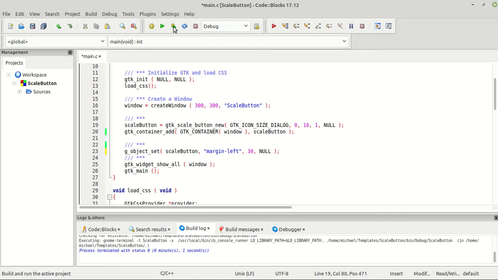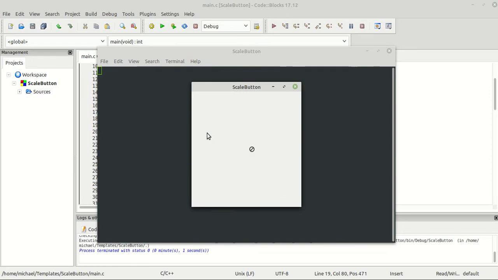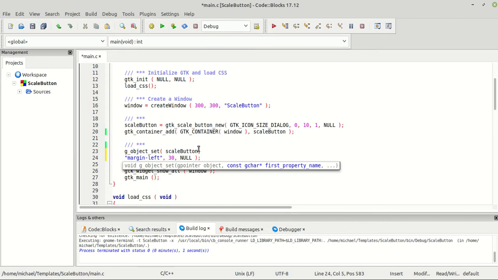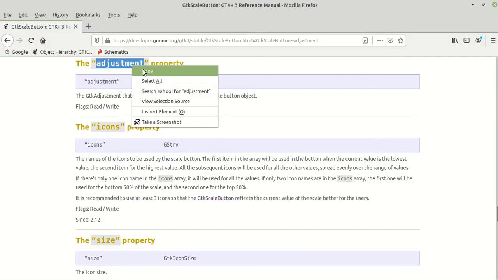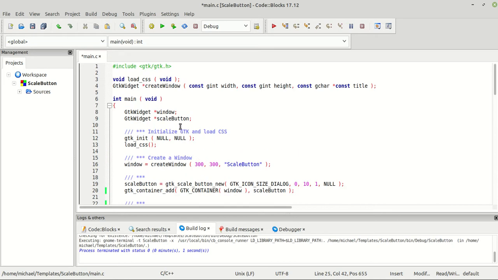At this point our program looks just as simple as before. We have only our scale button, nothing special. Okay, so let me clean the code a little bit. The first one was the adjustment, where we are going to pass our adjustment. We need to create it first. So GTK adjustment,